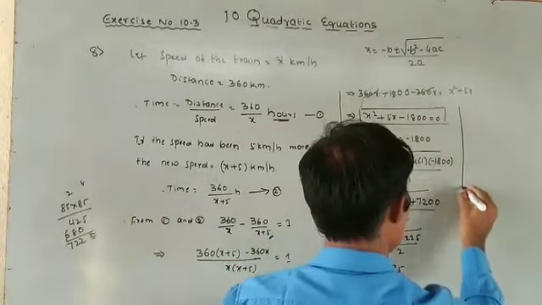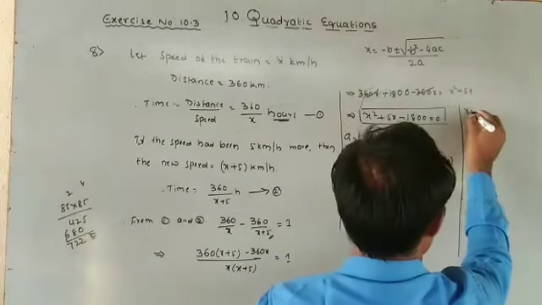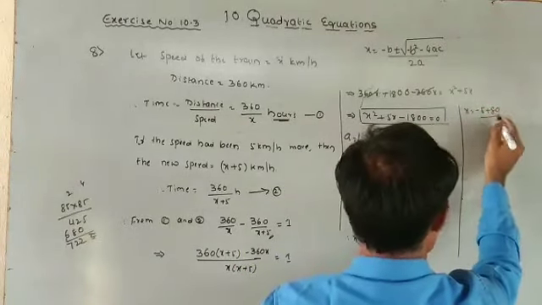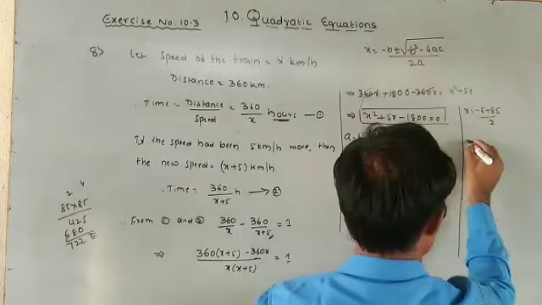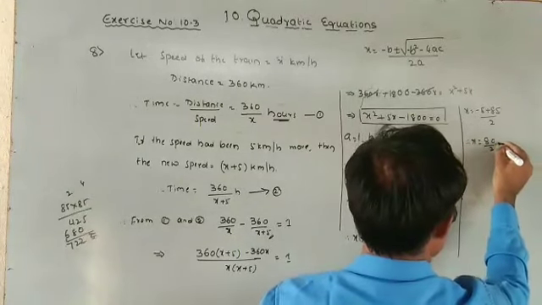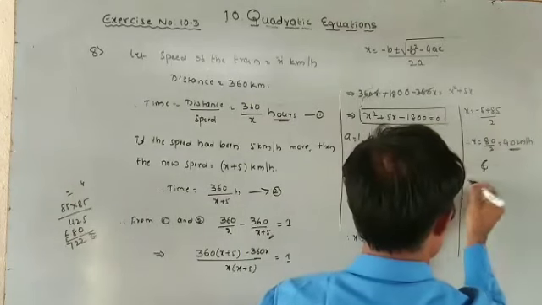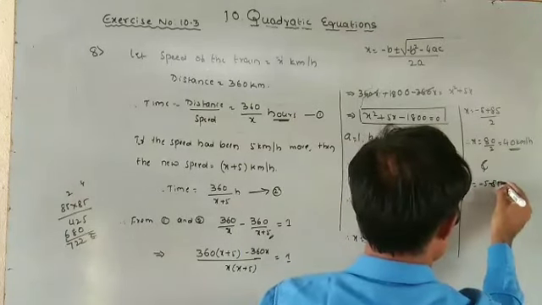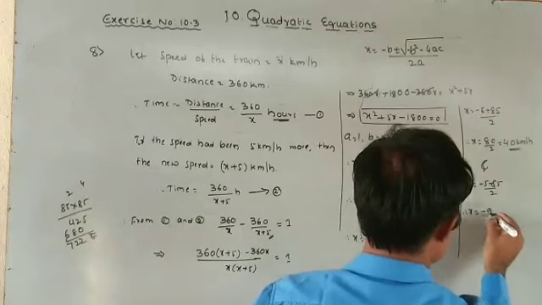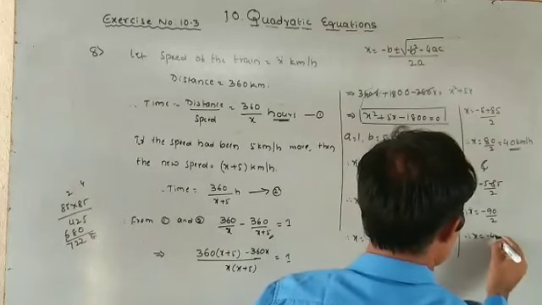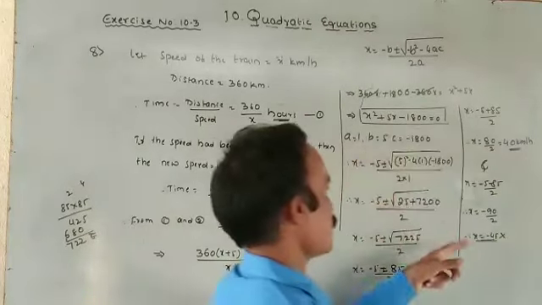Again, as usual, convert it into the form ax square plus bx plus c is equal to 0. Which implies 360 into x plus 5: 5 into 0 is 0, 5 into 6 is 30, 5 into 3 is 15, 15 plus 3 is 18, so 1800, minus